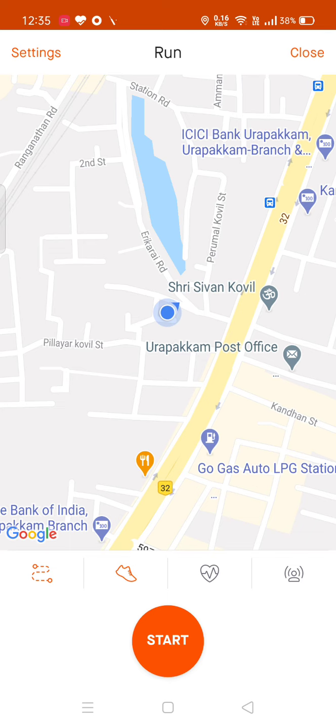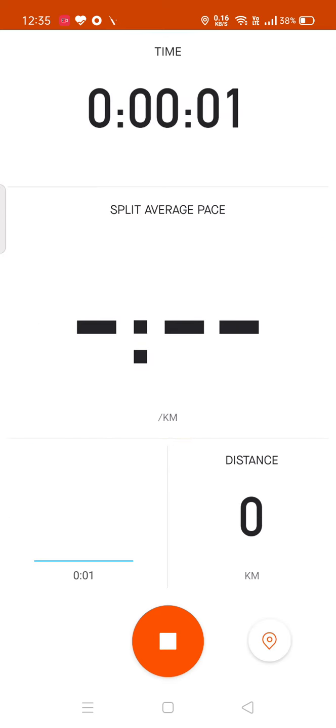Now I am going to start this activity. To track your activity by recording in this app, you have to be open to the sky, so that only then will GPS track your activity. Indoor activity will not be captured in this app. Once everything is set, you have to press the start button. Then the count will start, and it will keep going till the end of the activity.